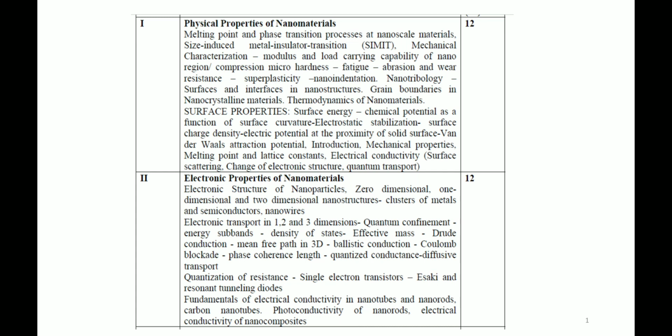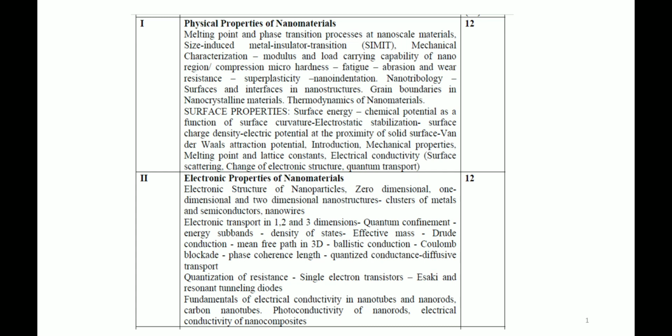Then we saw that you are able to prepare nanomaterials by two fundamental approaches, that is a top down approach and a bottom up approach. Once you prepare it, you are able to visualize it by some sophisticated techniques like scanning electron microscopy, transmission electron microscopy, or sometimes the scanning tunneling microscope. With the help of these visualization techniques, you are able to understand the size and the shape of the nanomaterials.